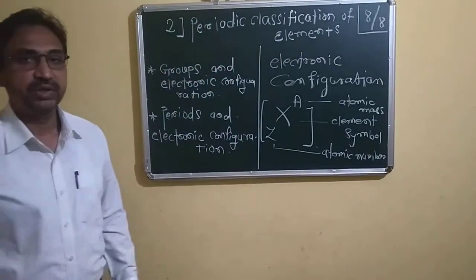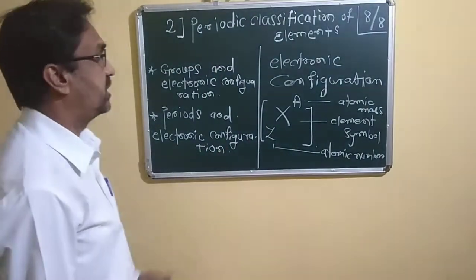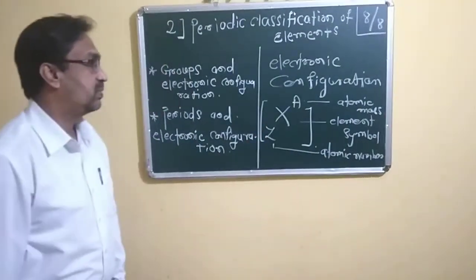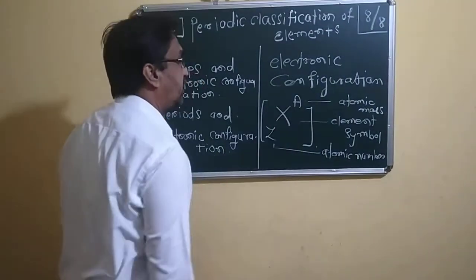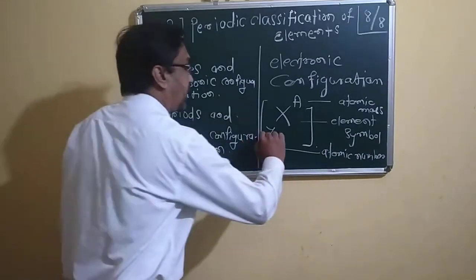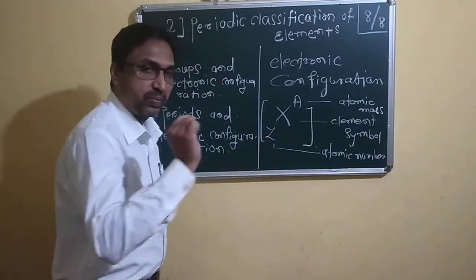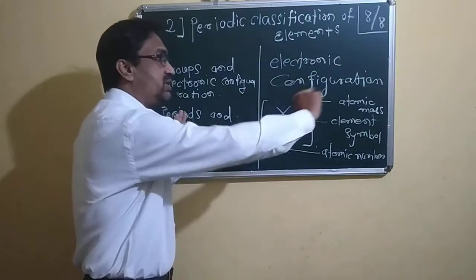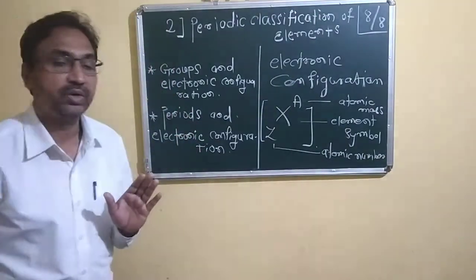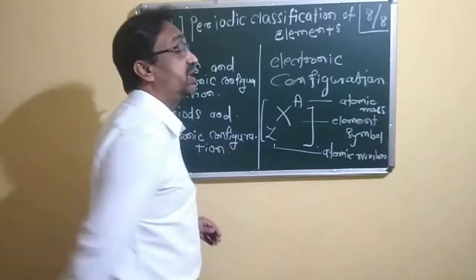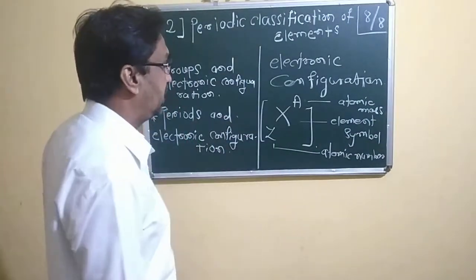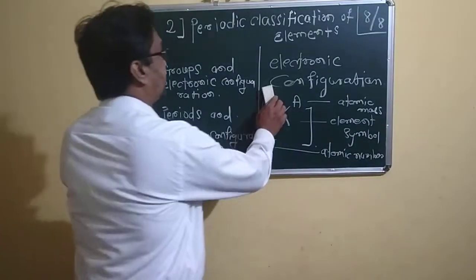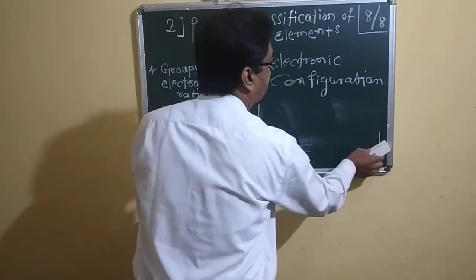These we all studied in the previous chapter in the 9th standard. In this way, on the top we can write the atomic mass, and at the bottom we can write the atomic number. And according to this Z, that is the number of protons and number of electrons, we can write down all these 118 elements according to the increasing order of their atomic number. In this way, we have to discuss. So, electronic distribution is such. So we have to take such an example.